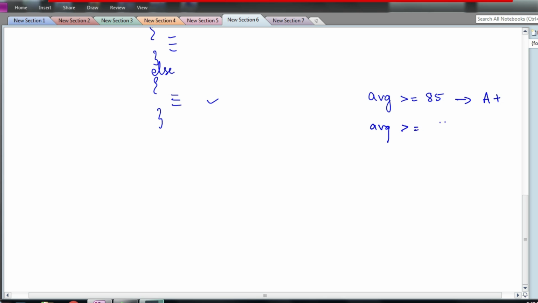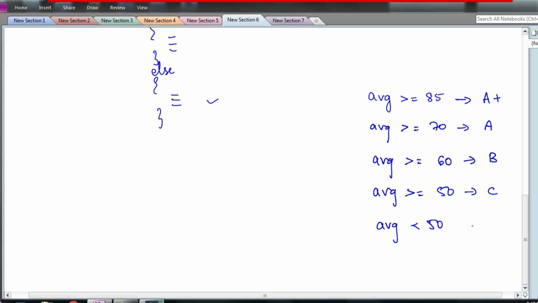If average is greater than or equal to 70, then we will say it is A grade, and if it is greater than or equal to 60, then B grade. If it is greater than or equal to, say, 50, we will say C grade. Lesser than that, that is if average is less than 50, then we will say fail. Okay, something like this. So now we have the average calculated readily.